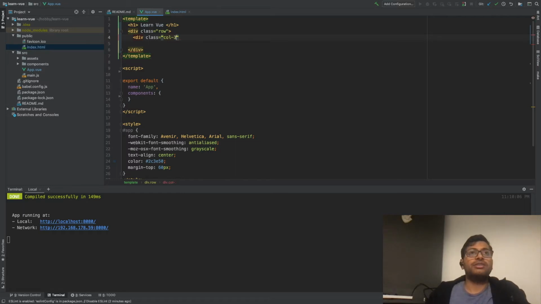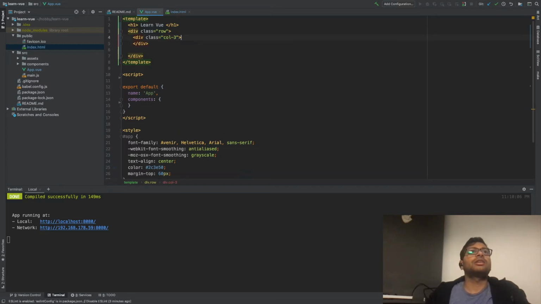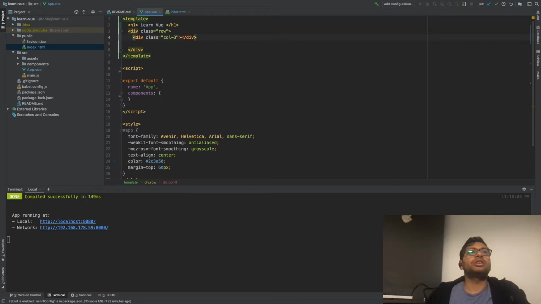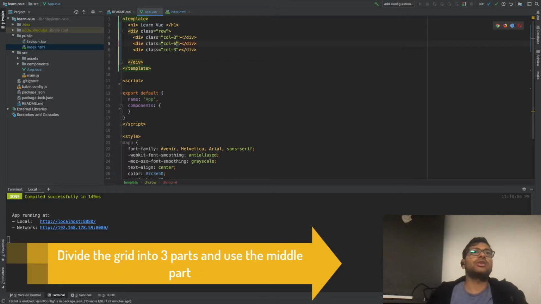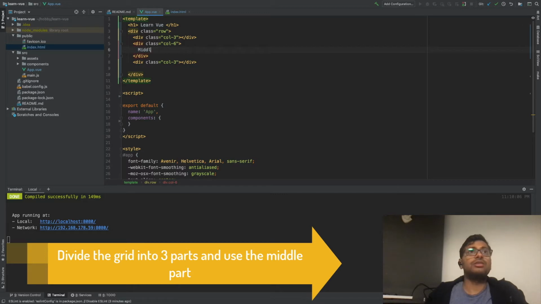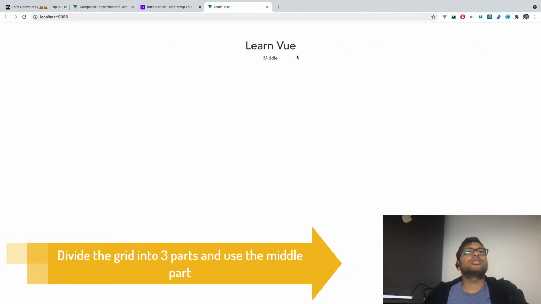We can divide the row grid into 3 parts. So we can give 3 and we can give 6 and we can give 3 and we will start working here. Middle. So as you can see we have middle here.